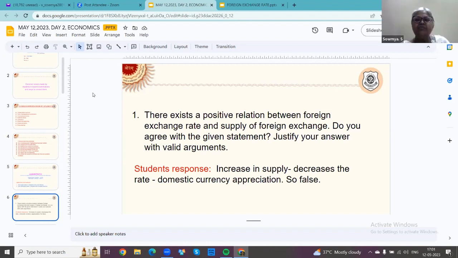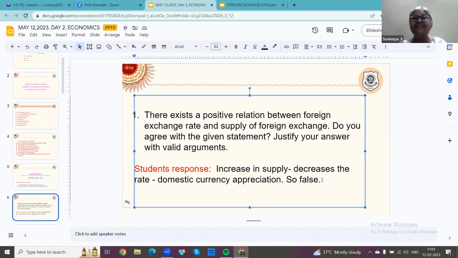Look at what the child has written. Increase in supply. The child is talking about a rightward shift in the supply curve. You get it? Whereas what is asked? There exists a positive relation between foreign exchange rate and supply of foreign exchange. So what they are asking is simply about the exchange rate and the supply. That's all, isn't it? So they can give a numerical example for this, right? So they can simply write, yeah. So if one,